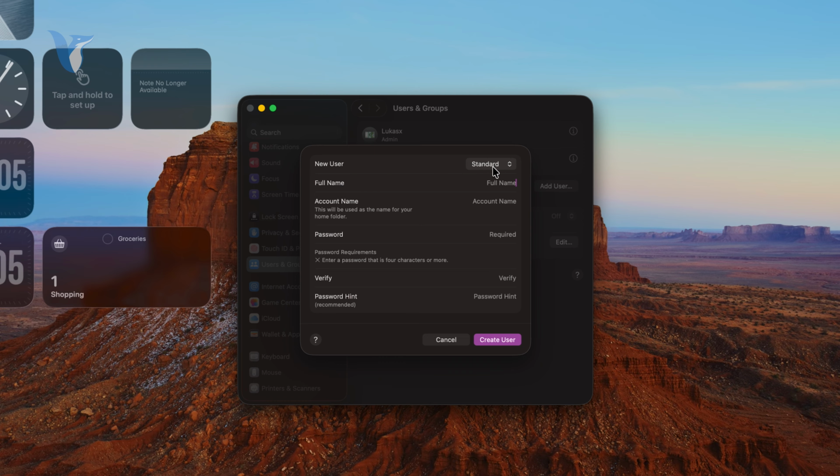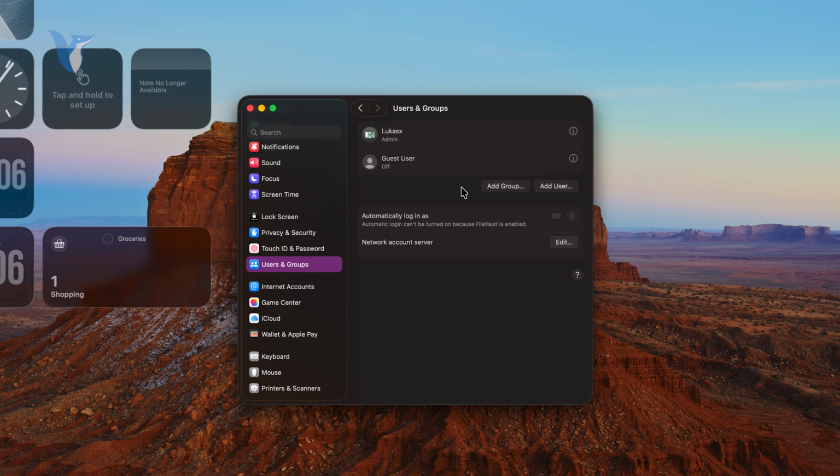This, of course, depends on how much privilege or how many options you want to give the account. You can give it the name, the account name, which will be used for the home folder, the password, and so on, right? So that's how you can do this and create a brand new account specifically for using this computer. So that's probably what you are looking for, but outside of that, you can as well go to the